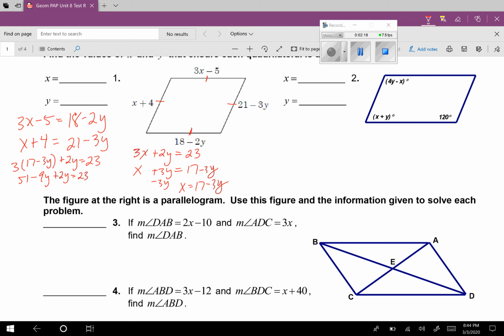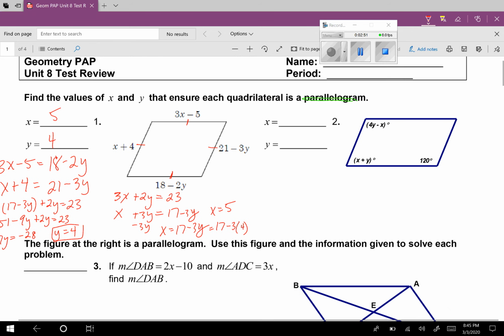Okay, so negative 7y. And I'm going to move the 51 over there. So I have 23 minus 51. So that's negative 28. So y is going to be 4. So y is 4. And then now I take this y value and I plug it in here. So 17 minus 3 times 4. So 17 minus 12. So x is 5. Okay. Next ones we have here,